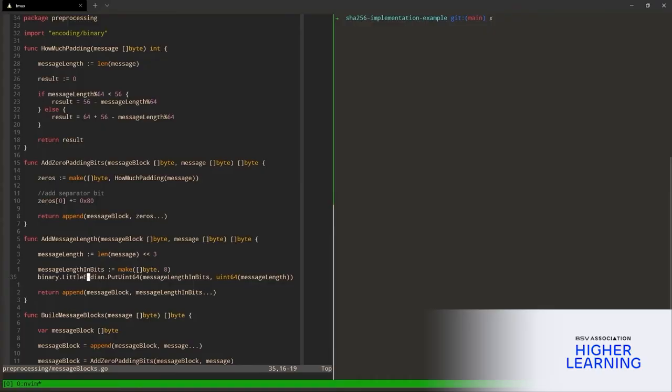And so in SHA-256, everything was in big endian. However, in RIPEMD 160, it uses some little endian values. So here's an example of that. The message length, so those 24 bits at the end of our message block, are actually in little endian format instead of big endian format. And so we can run a Go test verbose